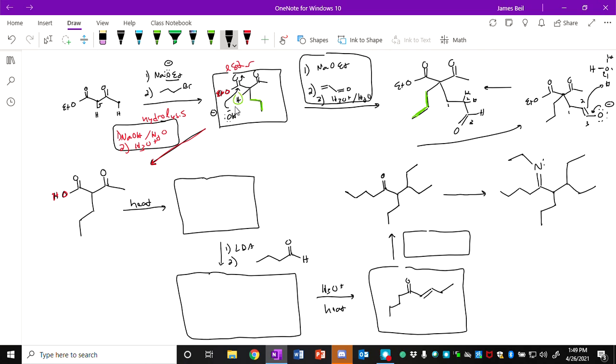It could also attack over here, but here there's no leaving group. So if the OH minus attacks here and pushes electrons up, they would just swing back in and push the OH minus back out. So I don't have to worry about that giving me anything that would start to accumulate at an equilibrium. But if the OH minus comes in here and pushes electrons up,